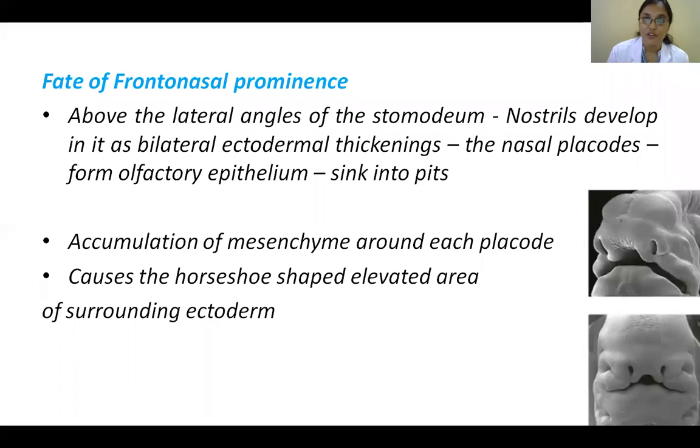On the nasal process, the surface ectoderm is thickening on either side, on the inferolateral aspect. Then around it, again like a horseshoe shape, it is going to increase in thickness. So the nasal process has become medial, which is towards the middle, and lateral, which is away from it. And then these keep on sinking. So your anterior nares, the nostrils, are not very superficial, they're going deep. That means the olfactory pit was projecting, going more deep.